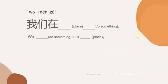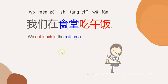And here is a sentence pattern. This sentence pattern talks about doing something in a certain place. In Mandarin, you need to say the place first and then talk about what you do in that place. The sentence pattern here is 我们在哪里做什么事？